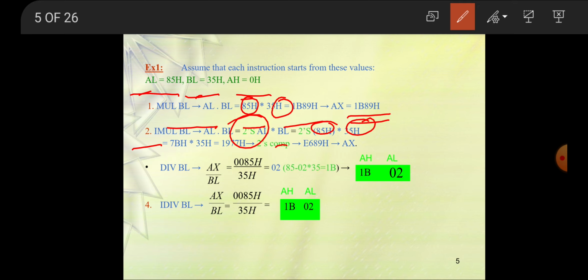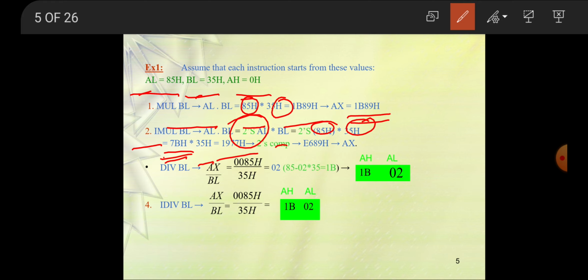So the 2's complement of 85h is nothing but 7Bh. I hope you know how to calculate the 2's complement. First we take the 1's complement, and then we add 1, and that is the 2's complement. If you have studied digital electronics or digital systems, you must know how to calculate the 2's complement. So the 2's complement of 85h is 7Bh, and 7Bh multiplied by 35h,